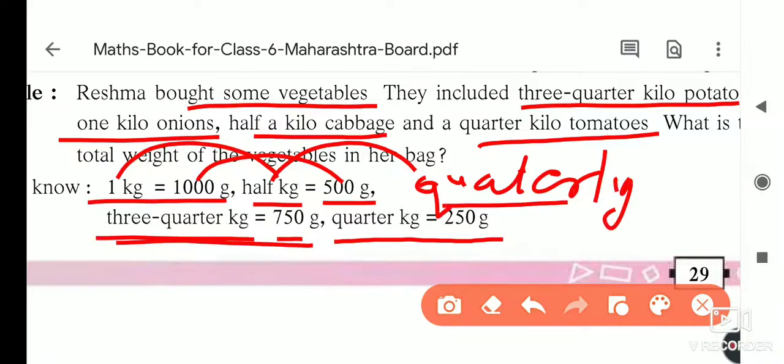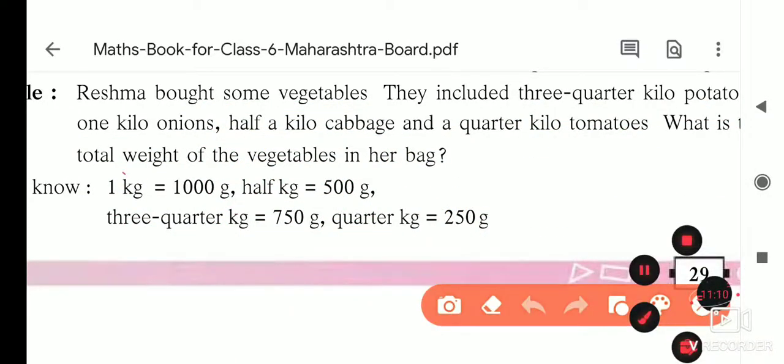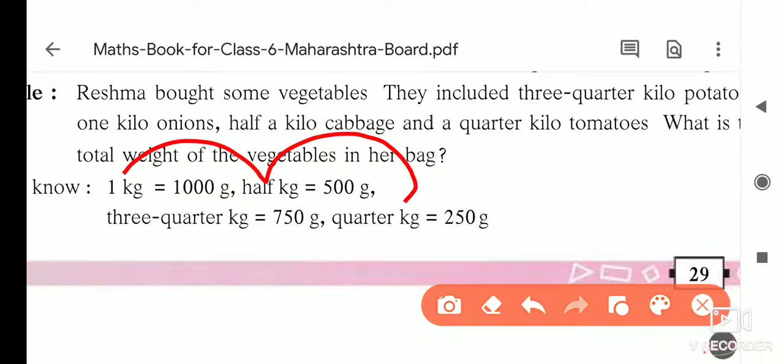So grams also, what we have to do? Half. So 500 half is 250 grams. So here it is written 250 grams. So all of you understand what I said, that 1 kg's half is half kg and half is quarter kg. Same way, 1000's half is 500 grams and 500 half is 250 grams. That is the calculation of half.